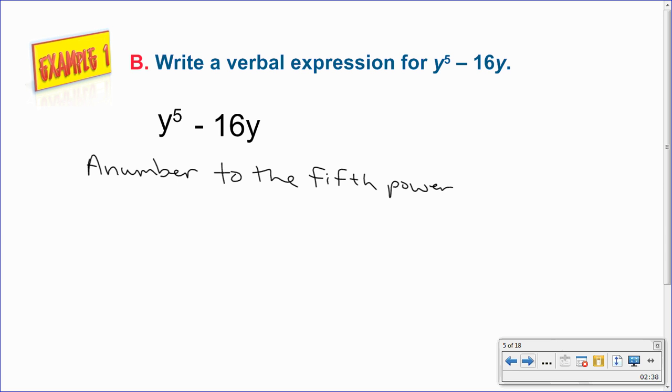Now, instead of saying subtract, I'd probably just say minus. Or I could say a number to the 5th power minus, there you go, the product of 16